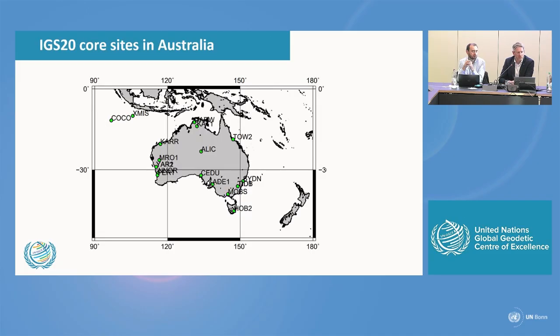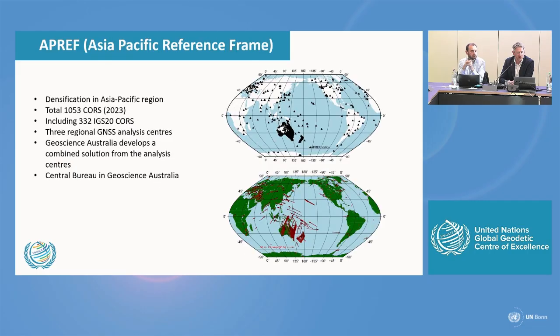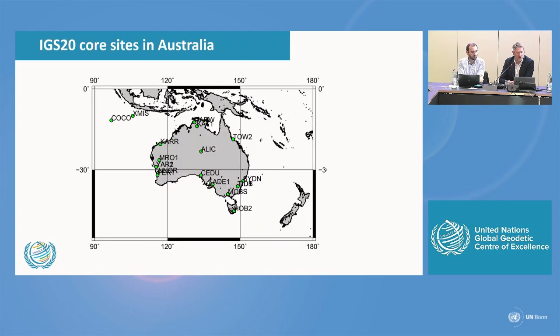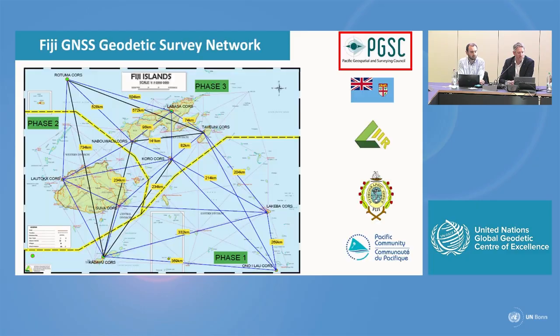So there's the core sites from the Australia region. Just to show you the difference between the number of sites, you can see those that are in there from a regional reference frame versus those that go into the determination of IGS and ITRF. You can see there's a significant drop-off, and if we only had those solutions in the regional reference frame, we'd be losing a lot of that detail that we want out of a regional reference frame. That's the advantage of having a regional frame.